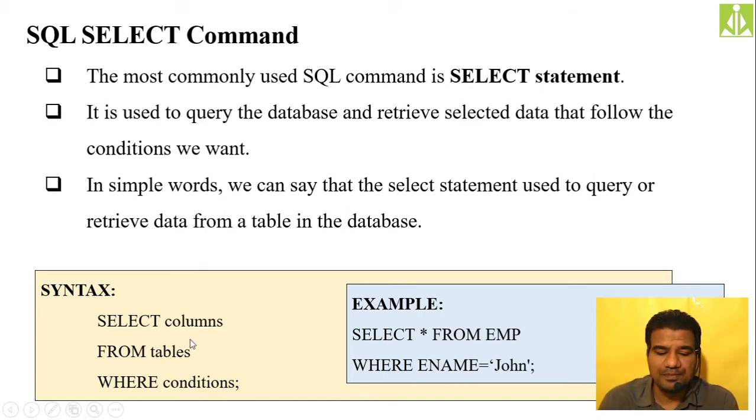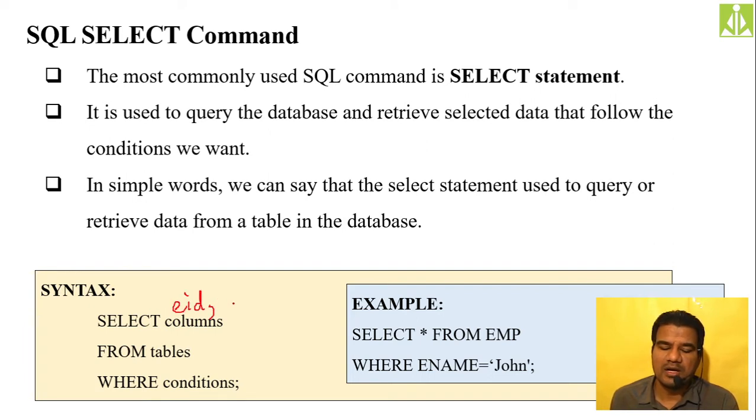So over here you can see how we are framing our select query. Select followed by column names. If you are retrieving one or two columns, simply name them over here. Let us say we have an employee table, and you are retrieving only employee ID and employee name from the employee table. How do we write that? We write it like this: EID, and then comma, ename.